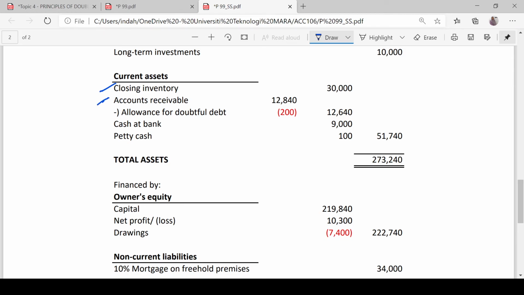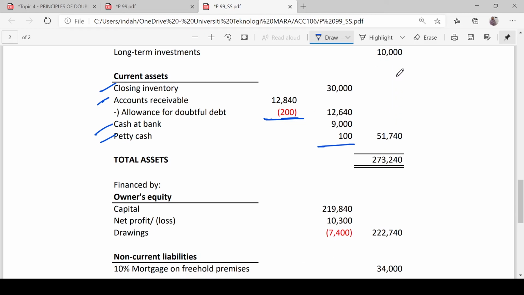For account receivable, we provide a provision or allowance for doubtful debt, meaning there is a possibility that this balance cannot be collected from our debtors. And this is cash at bank, this is petty cash from the list of balances. So the total is